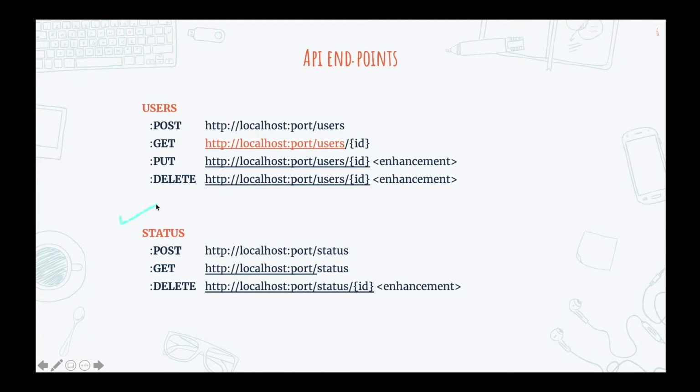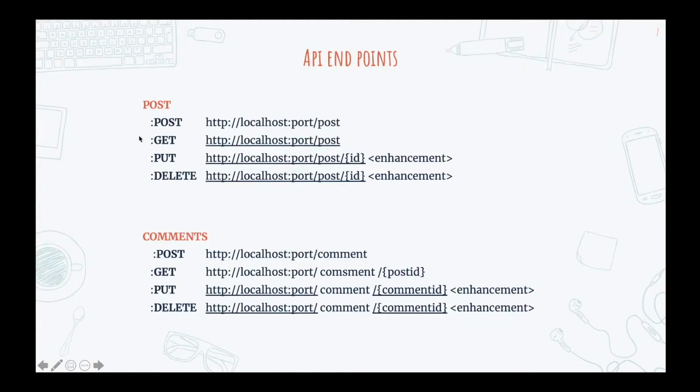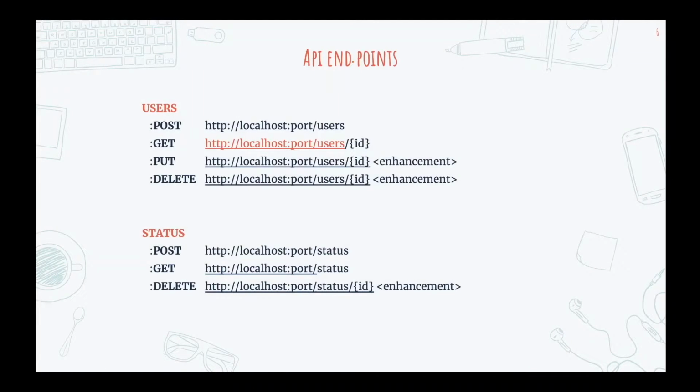And for the status over here also, we will be supporting two endpoints. Number one, the post for saving a status of the user, and get for retrieving the statuses that are available in our Instagram database. And the next endpoints that we will be supporting are for the post and the comments. So over here also, for the post we will be supporting the post and the get method, and for the comment we will be supporting the post and the get method over here. So if you are not familiar with all these endpoints and all these things of the REST API, don't worry. Once we implement all these things, it will be very easy for you to understand in detail.